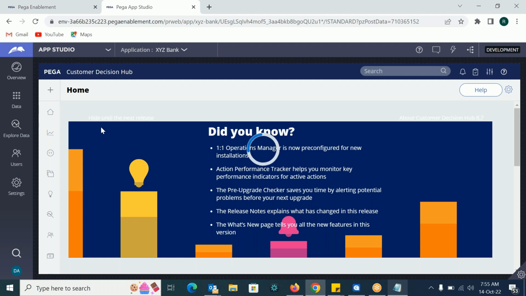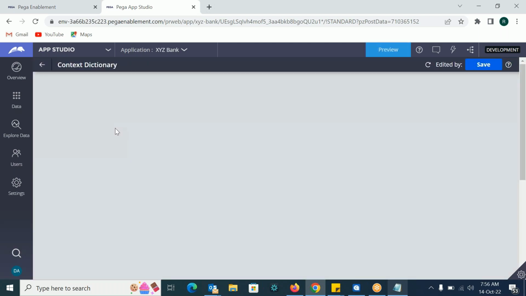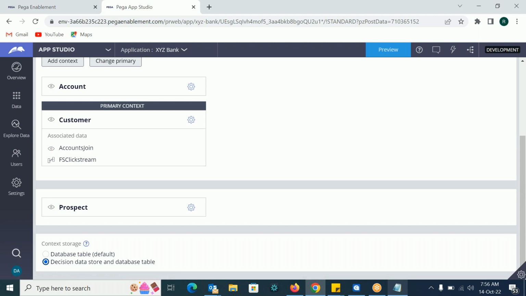Subject means the context, subject type is the class, subject ID is the primary key. So we have to create a table, create a class, create the columns, and import the customers. All these things we have to do. If you just click on this gear icon,